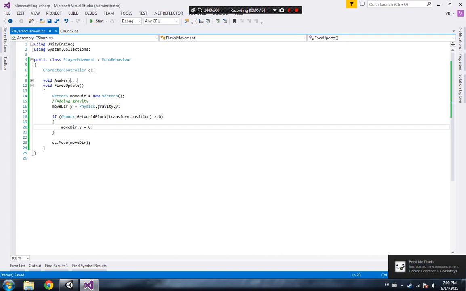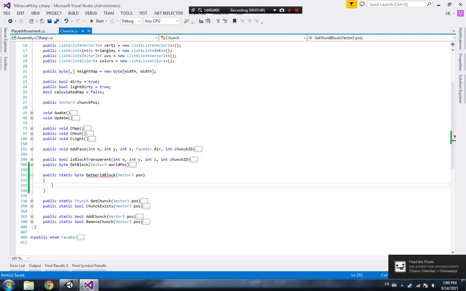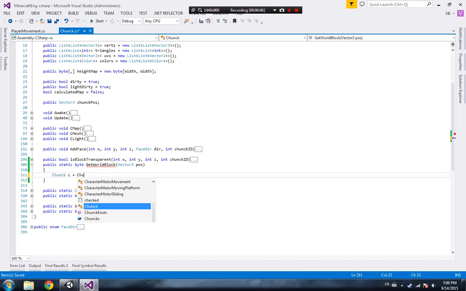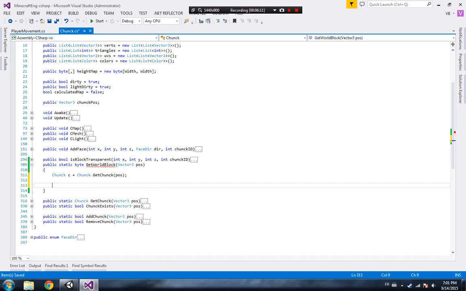Perfect, isn't it? So we actually need to do this part, which is the same thing as that part. So I'm just going to remove that one and do it all over again. Last tutorial I got all confused and things weren't working right. But this is how we're going to do it. So chunk C is equal to get chunk at this position, and then we're going to actually